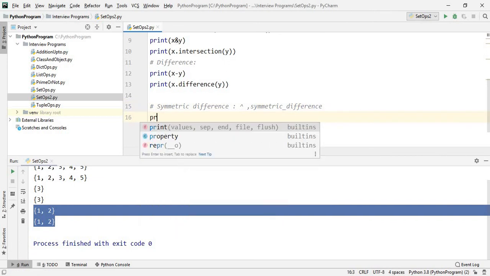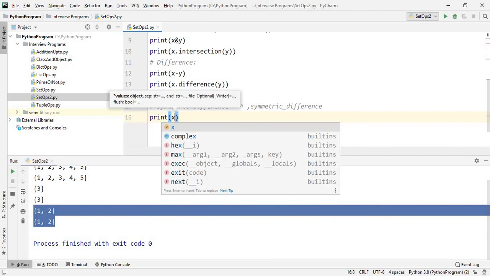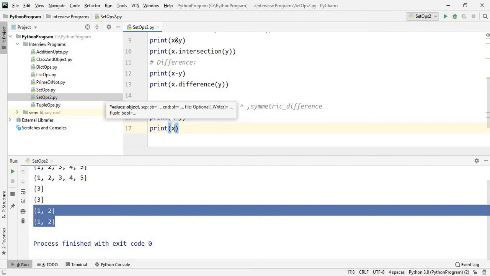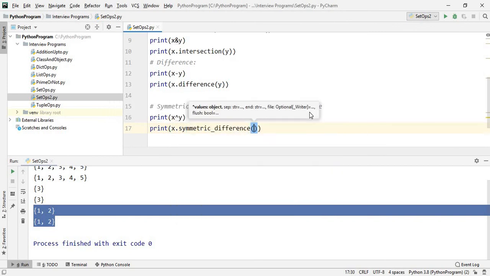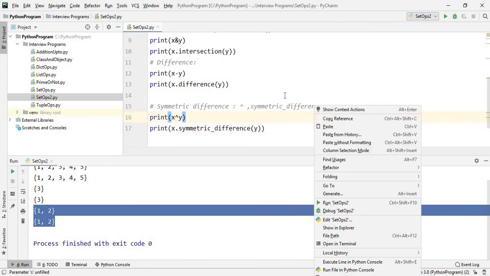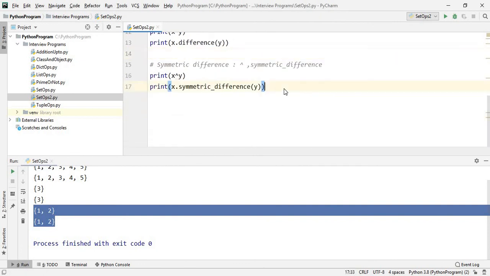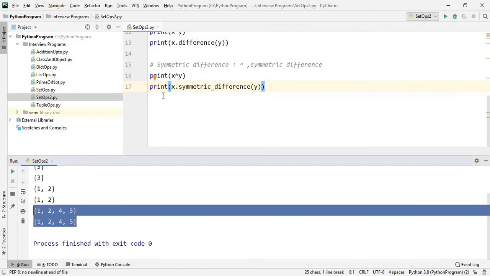So let's print x XOR y, and print x dot symmetric_difference and provide y. See, the output is 1 2 4 5. It appears two times, because the first is from one way and the second from the other.